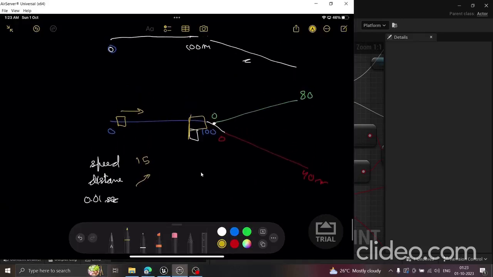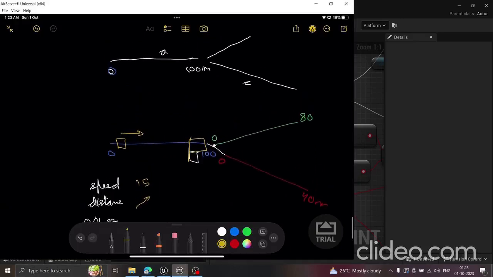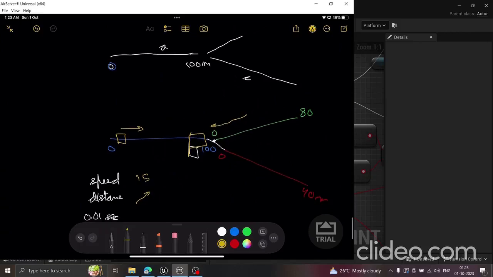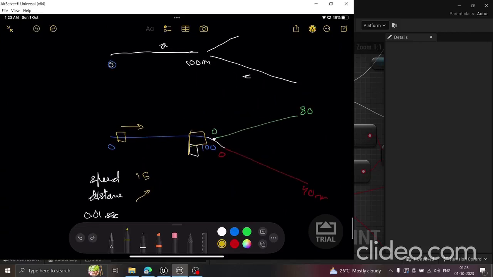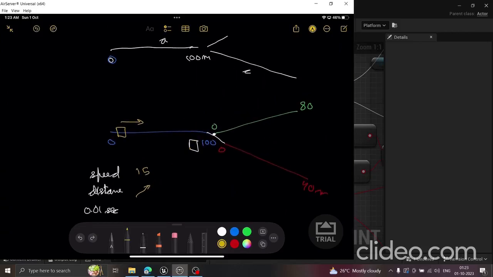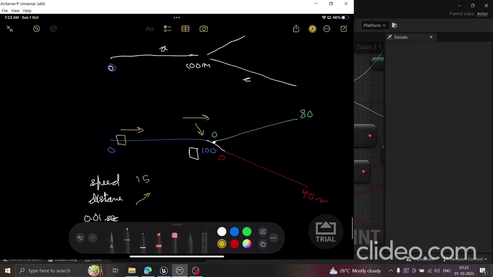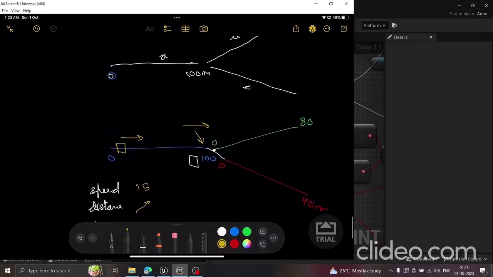Why this condition? Because there would be some points where it is going backward, and then it reaches the maximum point and its speed is negative, so we don't need to change the track from this spline to the other. Okay, so whenever we reach that point and our speed is increasing in the forward direction, what we do